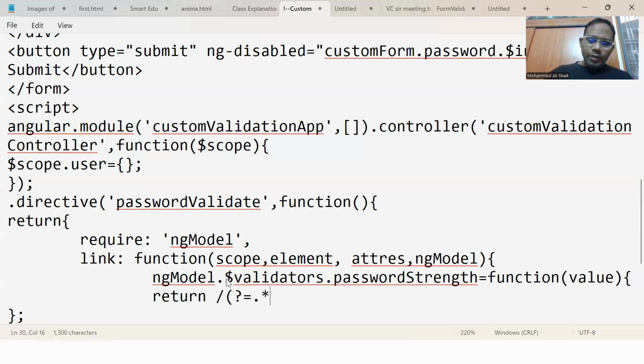Then maybe there may be a character or collection of characters, 0 to 9 are allowed. Okay, not a single one, multiple ones, then you are going to give asterisk symbol. Then we may require numbers, then we may require the rest of the characters. Okay, so the rest of the characters are question mark is equal to what you want, is equal to again